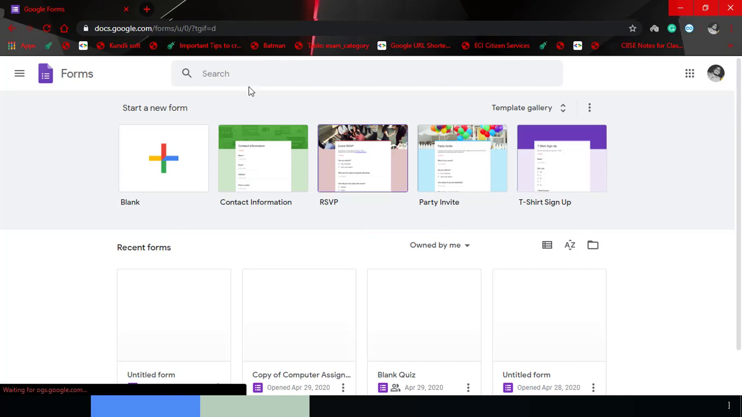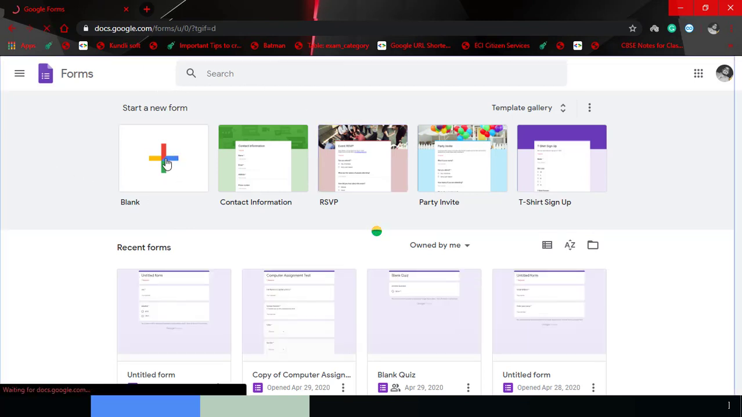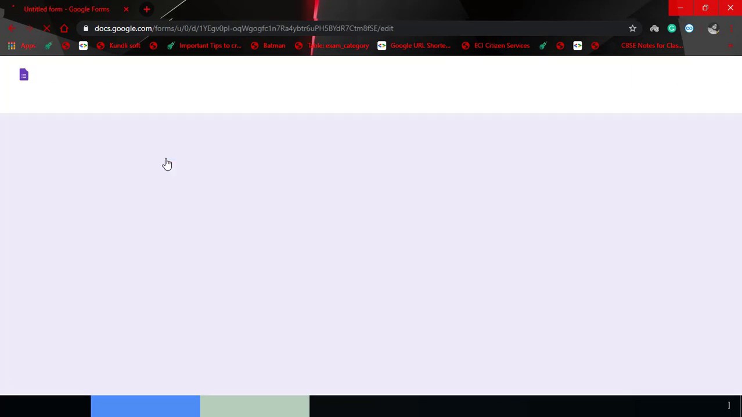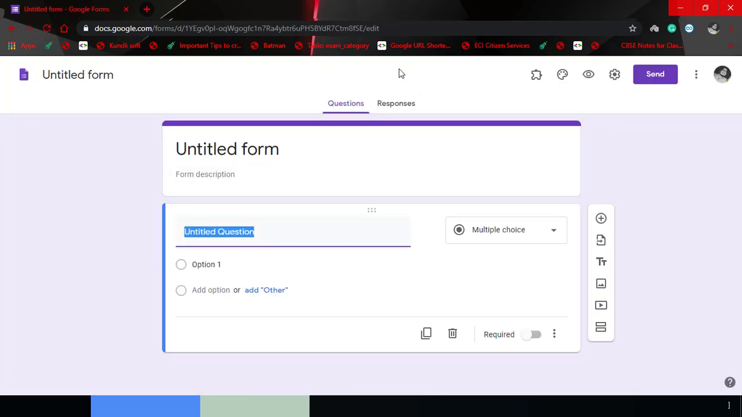In this window you have to click on this plus button and then you will get a blank form something like this. Well, initially this form will be an untitled form. It means it's a blank form. So now we have to fill in all our questions and we have to change this simple form into a quiz